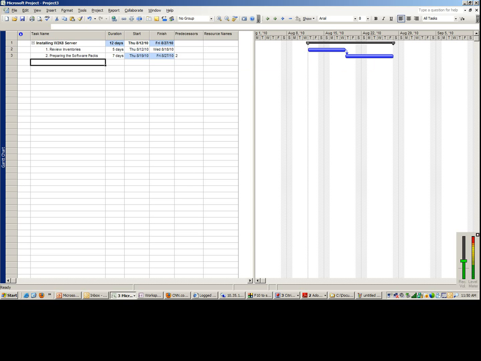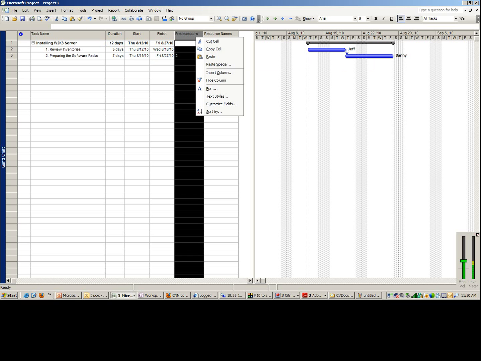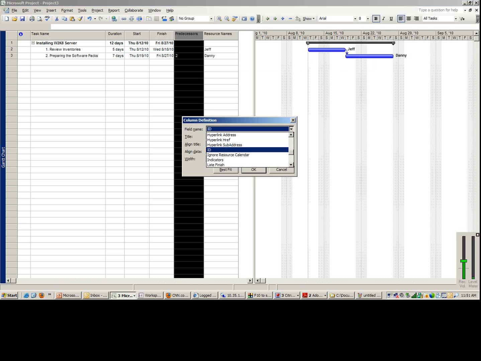Automatically, you would see that the start date for task number 3 in this example starts after the previous task gets finished. And let's say in this case the resource name would be Jeff, this would be Danny. If you notice, the percent completion is not in here by default, so you can add that column right here by right clicking, insert column. It's way up here,